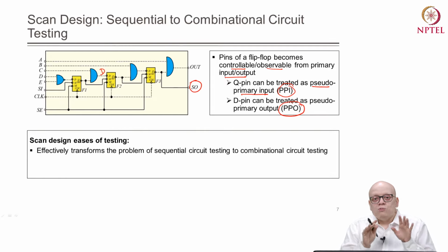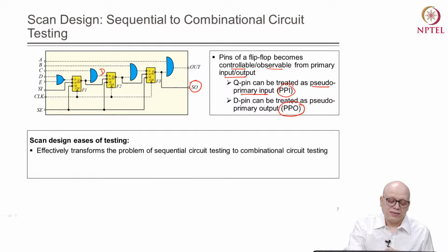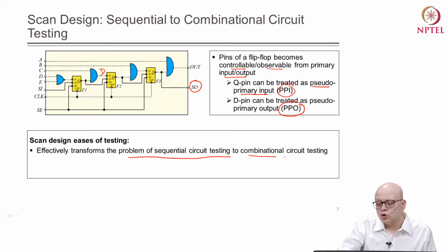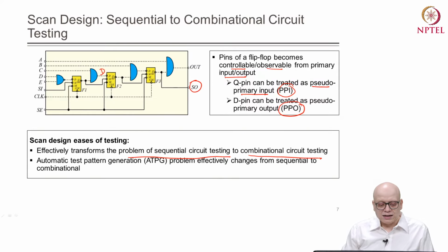So, now we need to only worry about the combinational circuit elements between these scan cells, right. Therefore, scan insertion, or making transformations for the scan design flow, effectively transforms the problem of sequential circuit testing to combinational circuit testing. And the automatic test pattern generation, the ATPG problem, effectively changes from sequential to combinational,